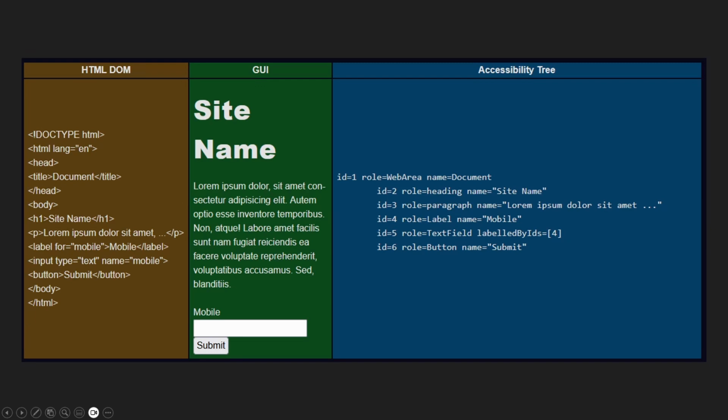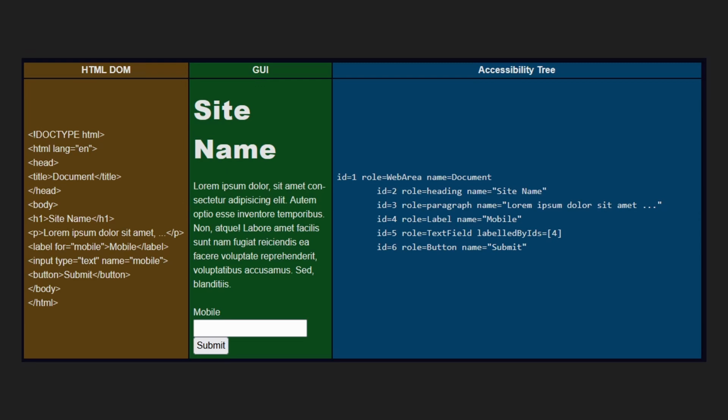And then with the 5th ID for our text field, we have an attribute which is an array. That's the square brackets here. And that is referencing the ID of 4, the label. So that's how screen readers are able to tell what an input is for, what label goes for which input.